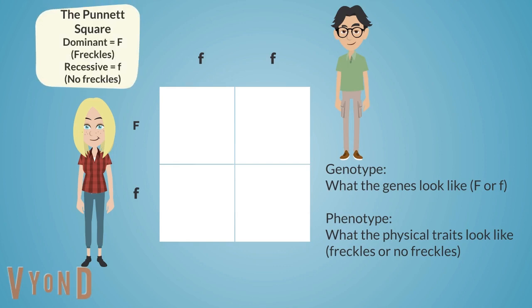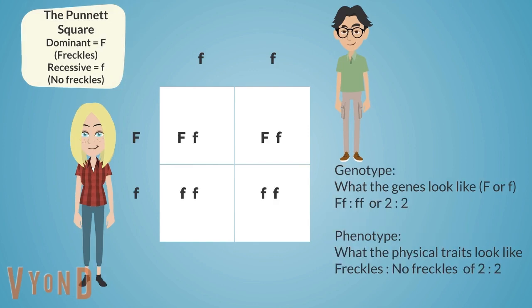Punnett squares show a representation of the possibilities of the alleles of offspring. If the mother of this Punnett square is heterozygous and the father is recessive homozygous, what will be the possibilities of their offspring? The offspring of these two parents will be phenotype ratio of 2 freckled and 2 not freckled